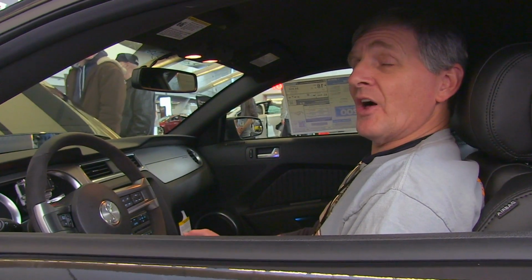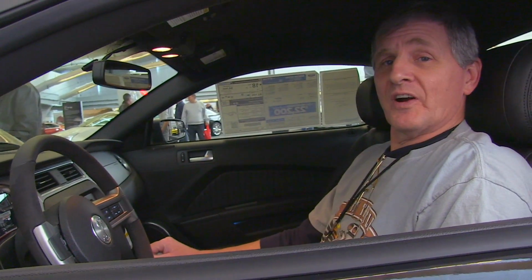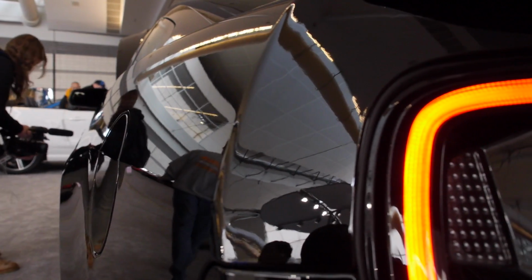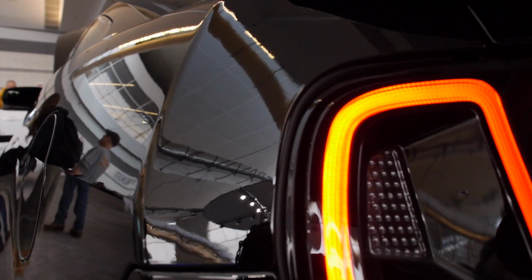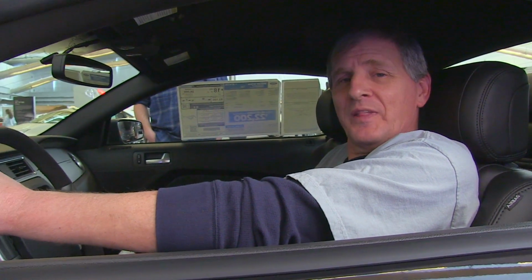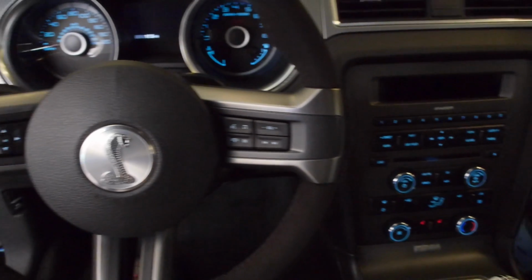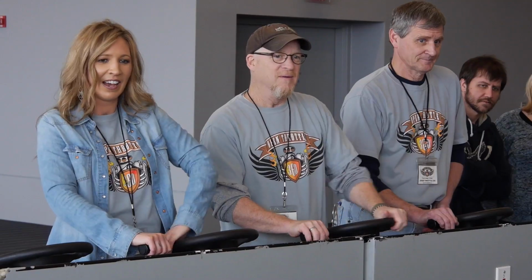Carroll Shelby's made a lot of contributions to the automotive world. This is the most modern version of it. Evokes memories of the old Bullitt Mustang, if you ever saw the movie Bullitt. 650 horsepower from a 5.8 liter supercharged V8. Still has that new car smell. And the only thing that would smell better, a little bit of racing gas and a little bit of burnt rubber. As they say, you can take the boys out of the country, but you can't take the country out